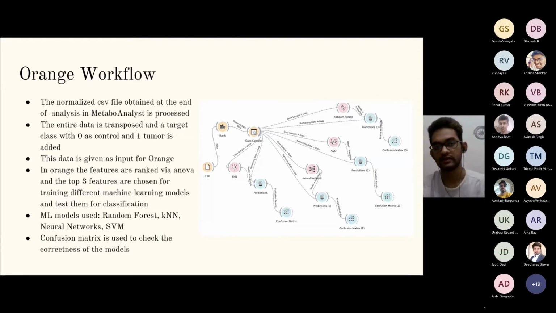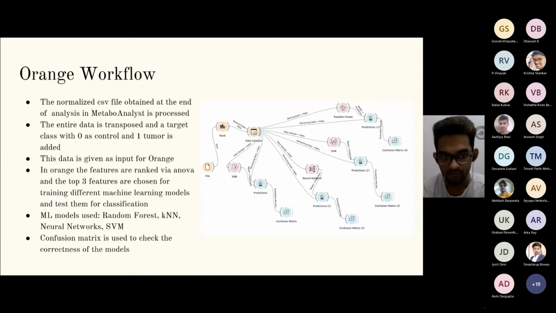The entire data in that file is transposed, that means the columns are made into rows and the rows into columns, and a target class, an extra column with 0 and 1, is added, where 0 represents that the row is from a control sample, and 1 represents that it is from a tumor sample, and this data is given as input for